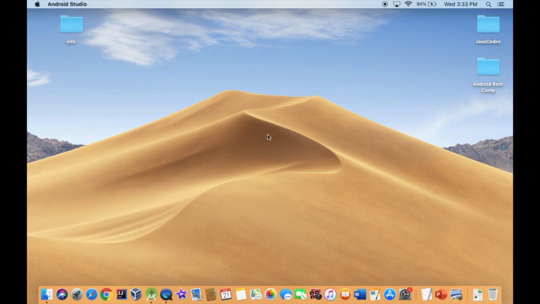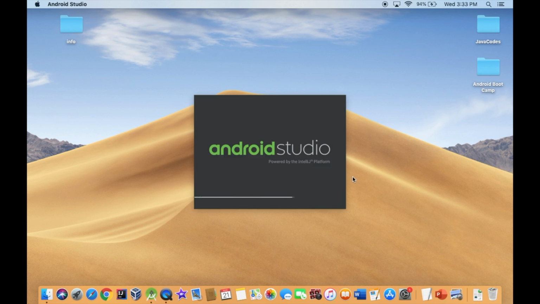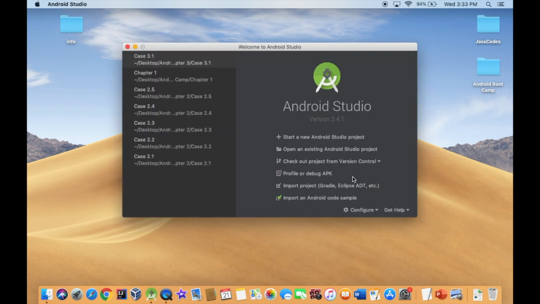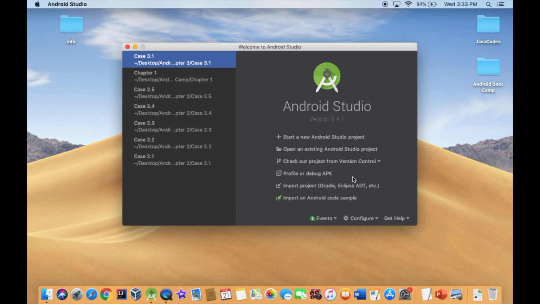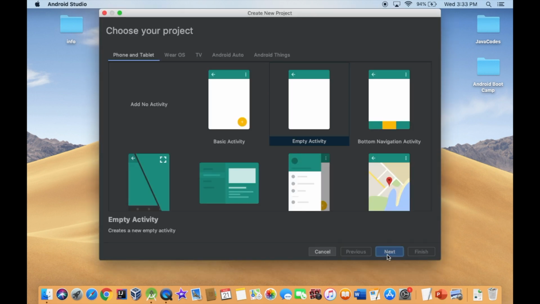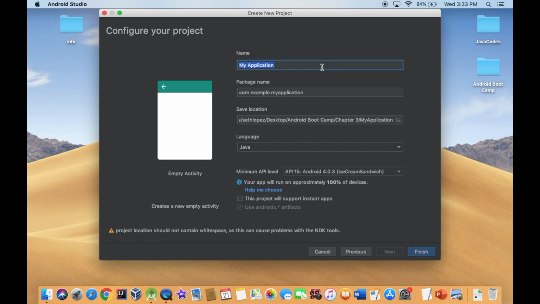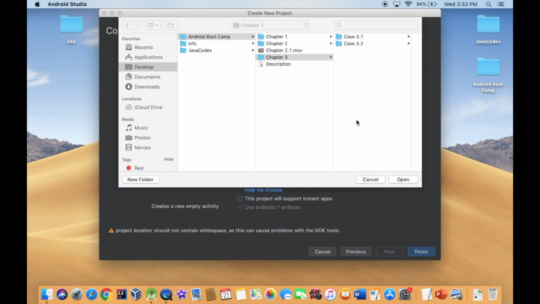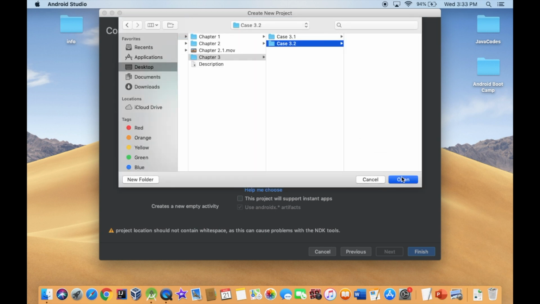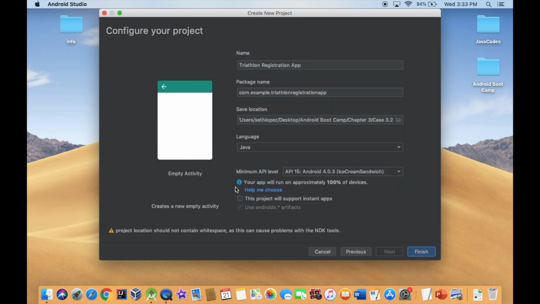It's going to be an empty project again, and it's completely identical to the first project we did, except it's going to be a white screen. So we're going to call this Triathlon registration app. Go ahead and put that in the folder, case 2, open, finish. And while this loads,